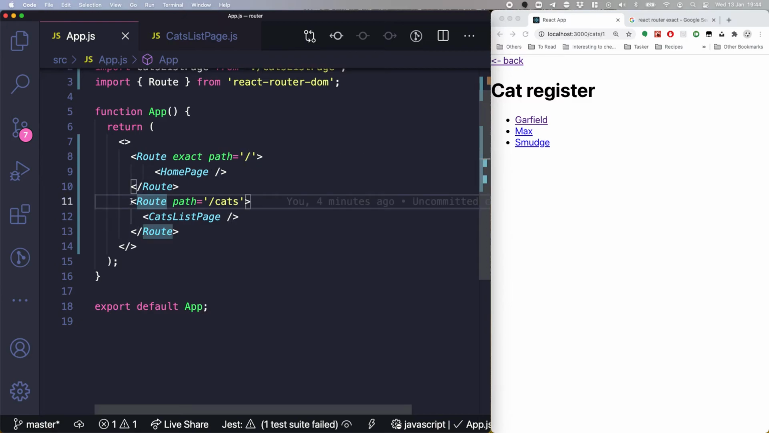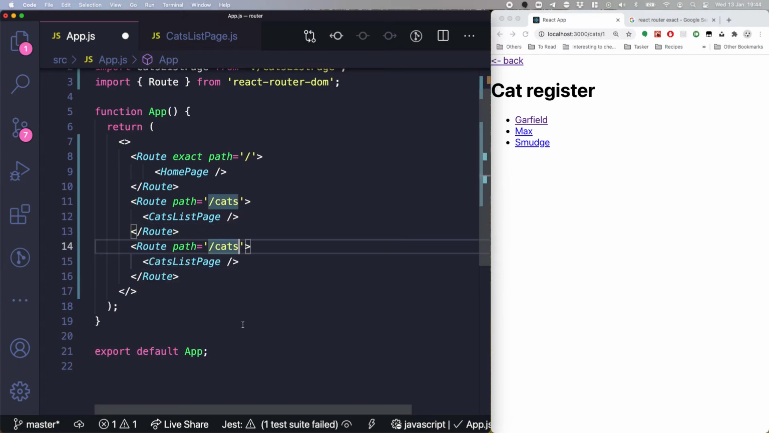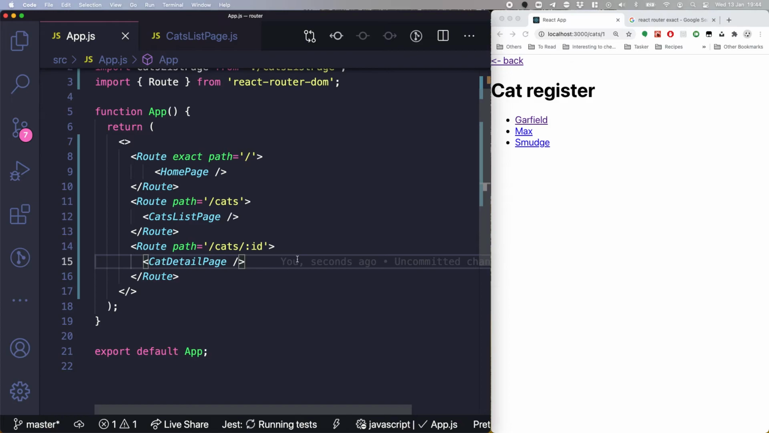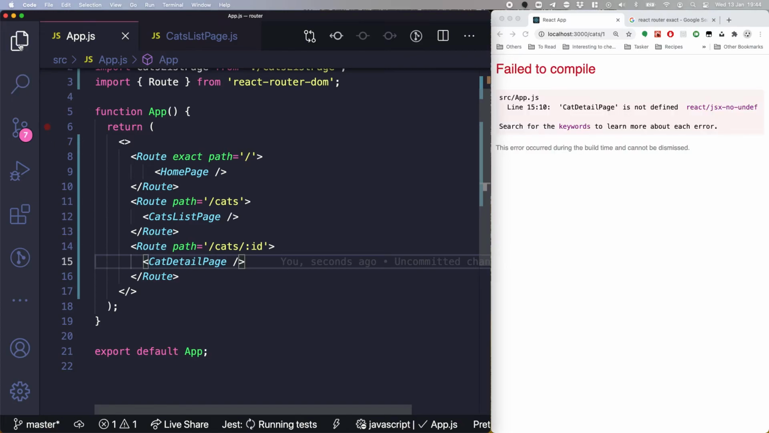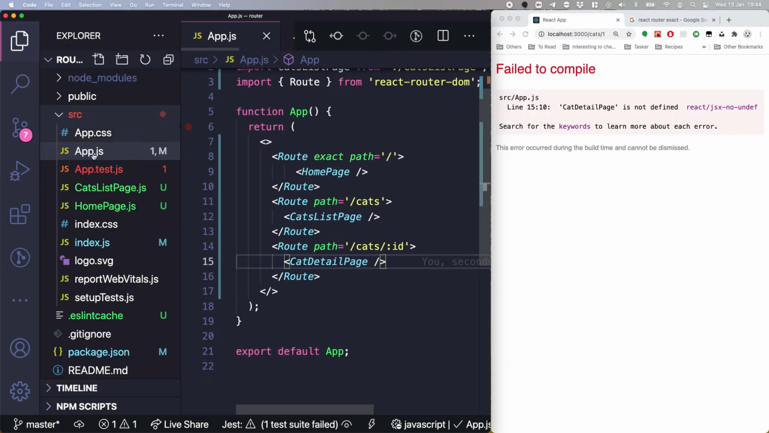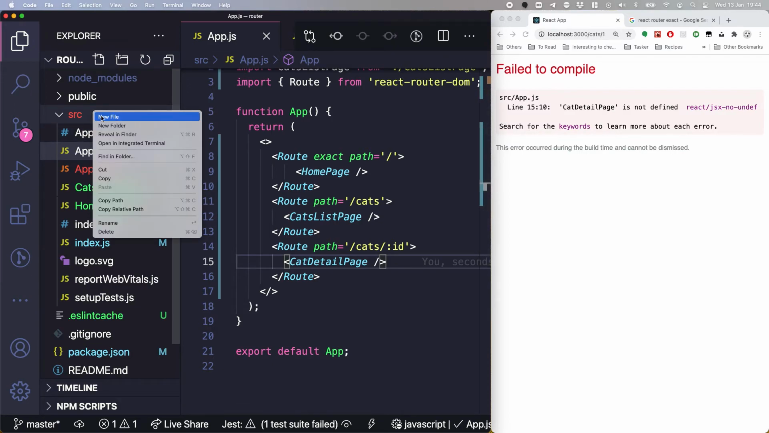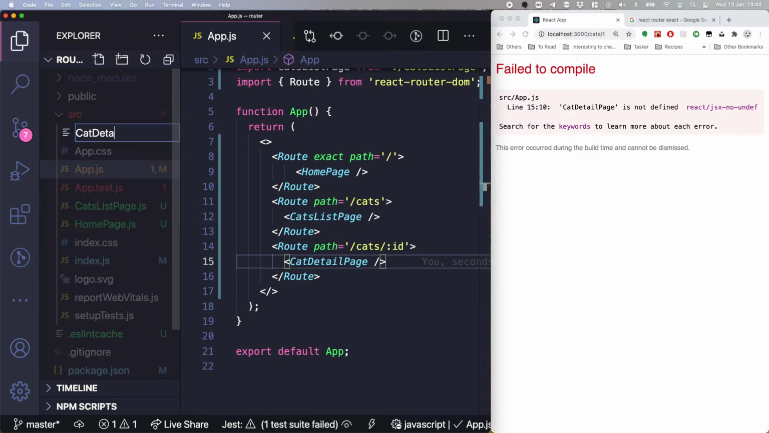Ah. So the same way for now, I will show you again. We will define a new route that will have the cat ID, and this will be the cat detail page. Okay, so if you don't put exact to cats, you will have the same issue. Exactly. So if I do now new, and I will say cat detail page,